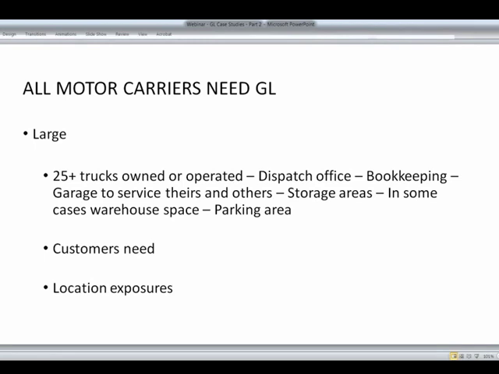At that location, though, you need to make sure that you have defined all the exposures. One of the things, again, that we'll talk about in the last section when we talk about underwriting this risk is to check the location through Google Earth or one of those satellite pictures to make sure that you understand everything that's on the insured's location.